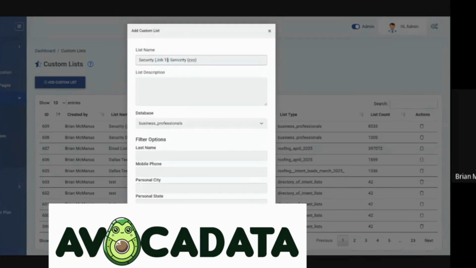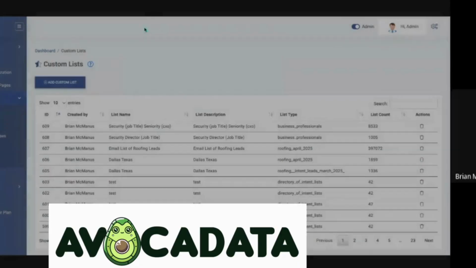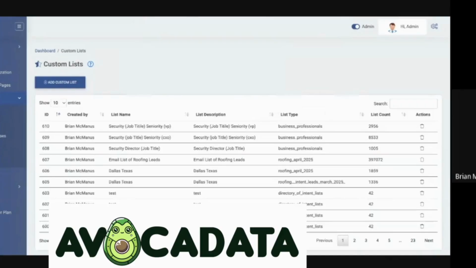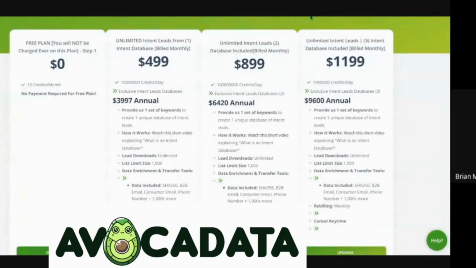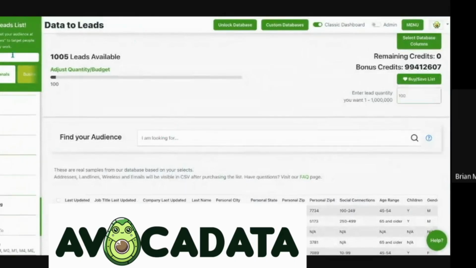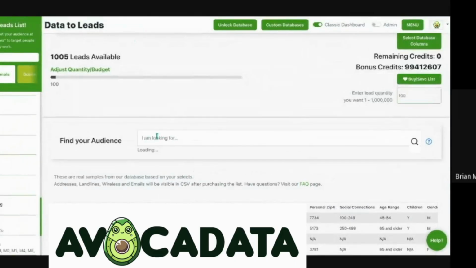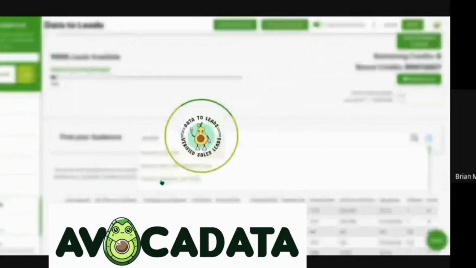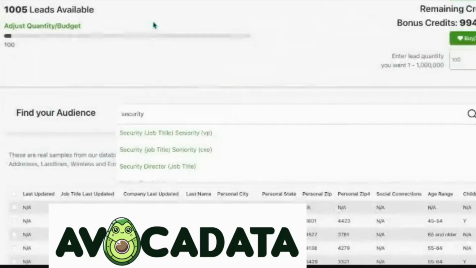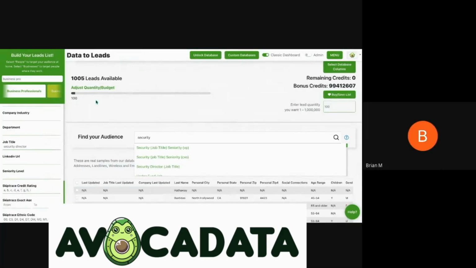Security job title. By doing this, all of these searches you're now not going to have to do as a user. So if you're white labeling, whatever the case may be, this is the way to save your user a lot of time. You were just looking for security directors, and now we have 3 unique lists, where it's security director, job title, and those other 3. And likewise, as a direct end user, if you have those pre-built saved lists, you can also refresh those lists. Is that correct? Yes, these filters are pre-saved on the database.